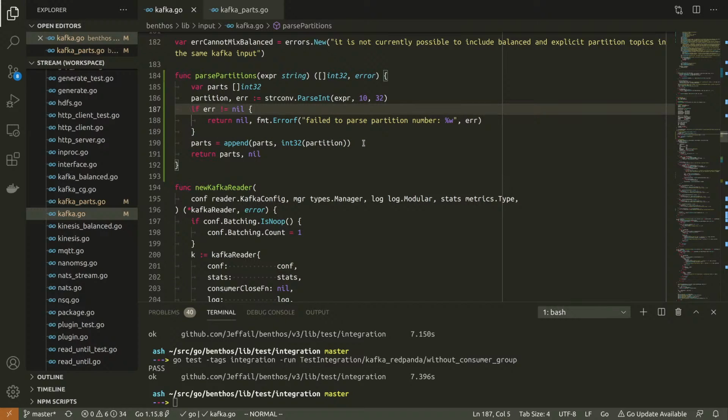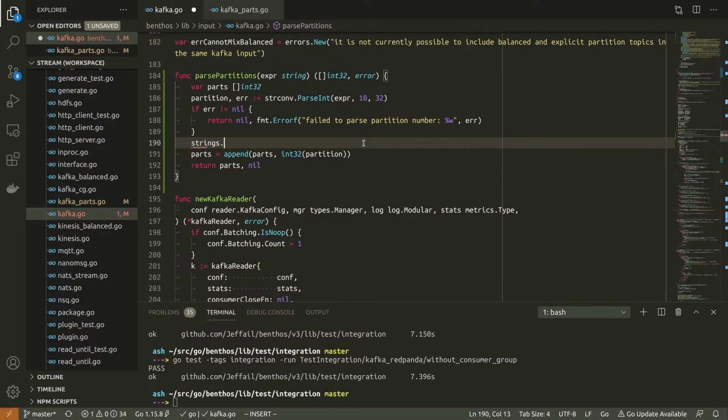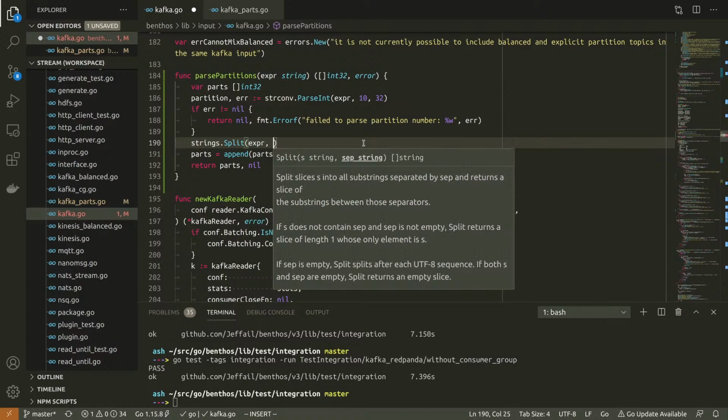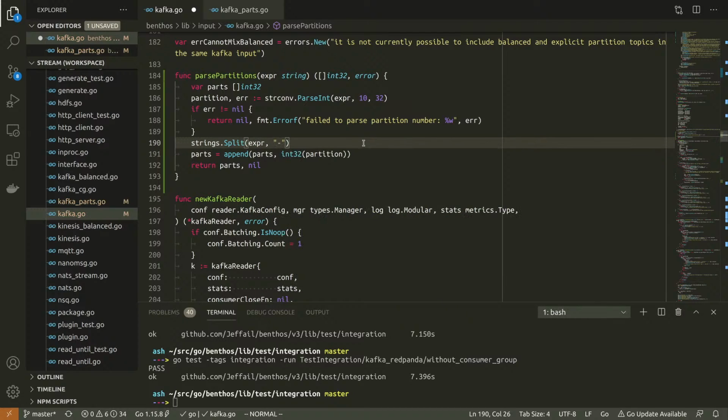People feeling like they're entitled to express everything conceivable. Right, strings split by a dash.